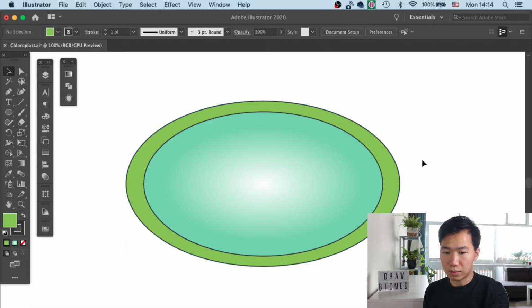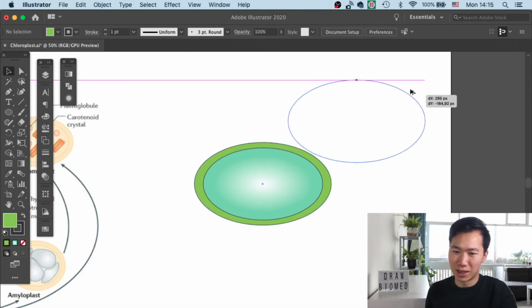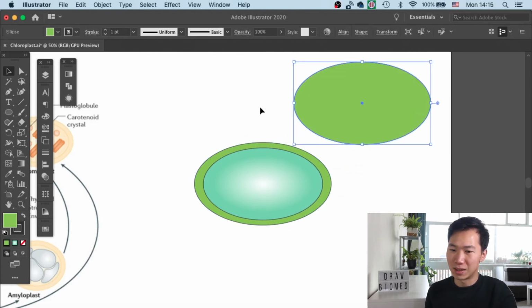So if you're very anal retentive, that you want a very unified distance between the stroma and the membrane, then